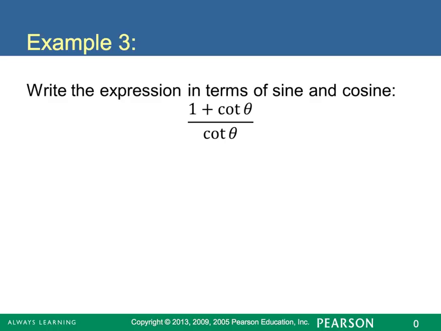Okay, so for this one, it says, again, write in terms of sine and cosine, and I want to take that cotangent. I know I can put that in terms of sine and cosine. Before I do that, I'm going to look at the way that this problem is set up, because I'm taking a fraction, well, I'm taking something plus something over a